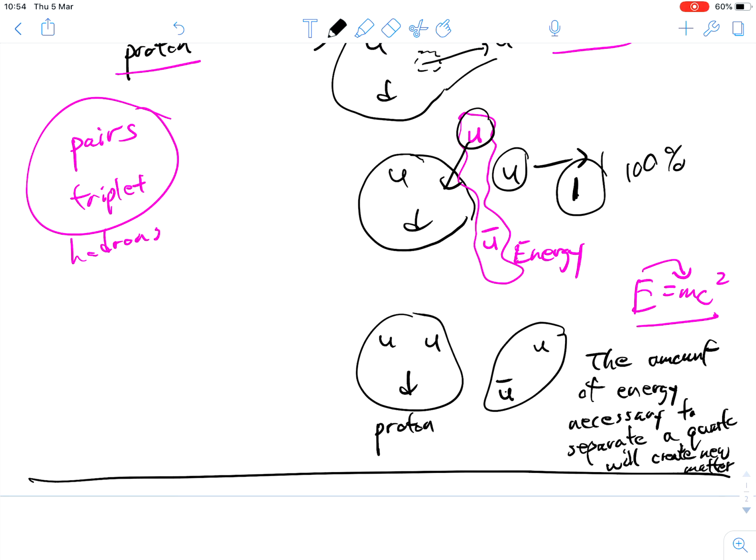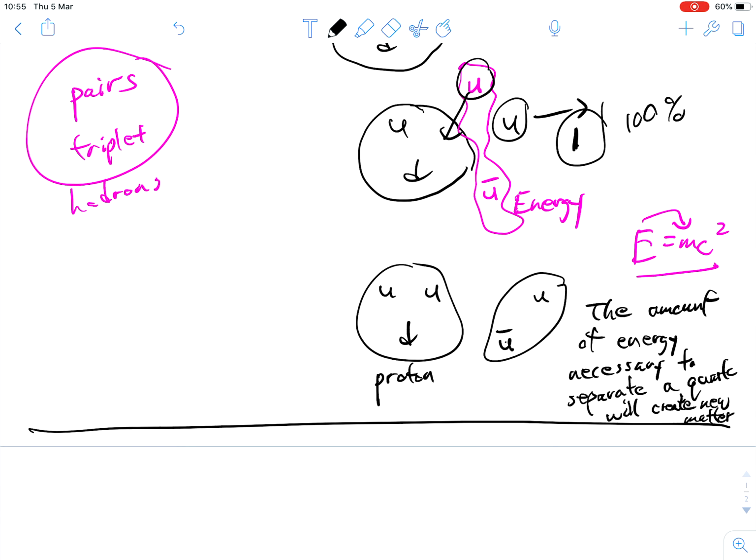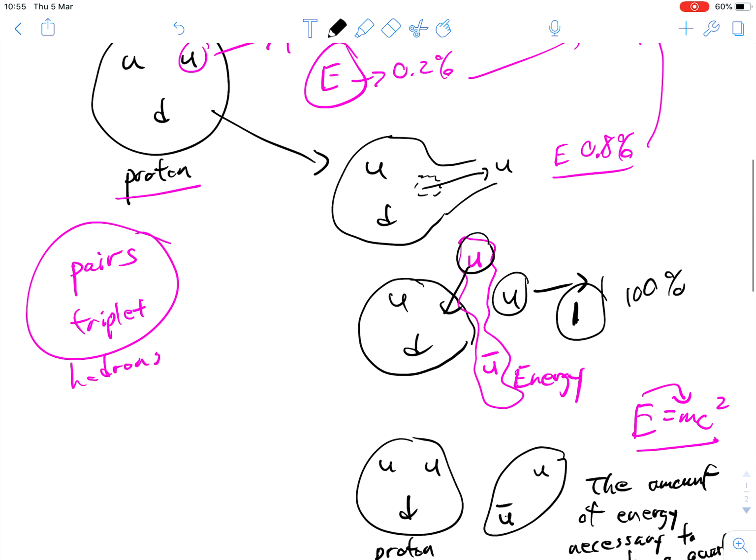Okay, and so there's this idea that nature just won't allow that single quark to be on its own, right? So how do we know it creates exactly an up quark and an anti-up quark? It's just a study of how nature sort of works in that sense, okay?